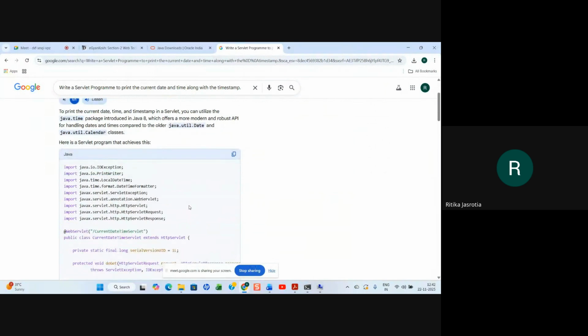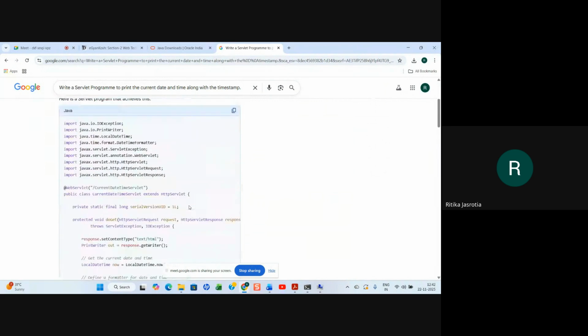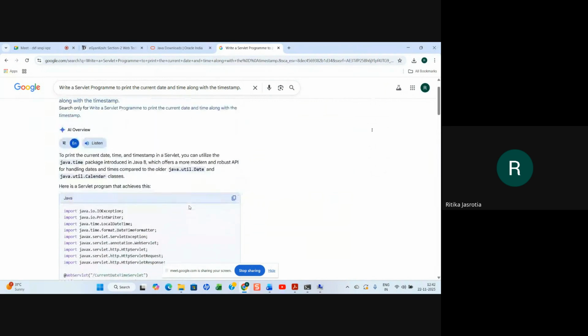Right? I'm not so conversant with Java. हाँ, अगर Python होता तो I am much more conversant in Python, C, C++, वो होता है, पर Java में इतना नहीं है मेरा।